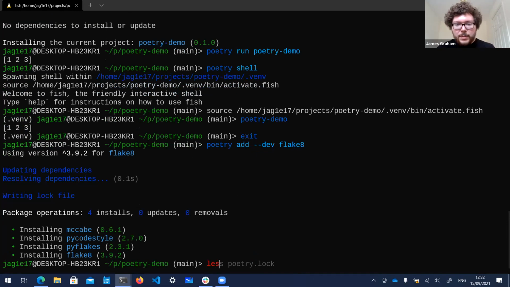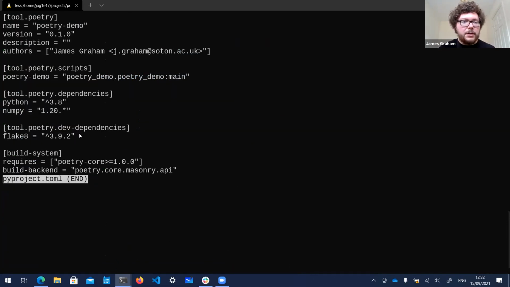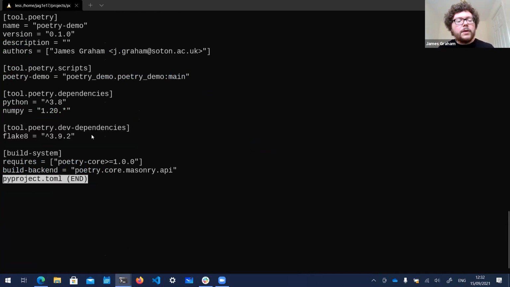It'll go and install all the dependencies, and that goes in an extra section in this here. So how this works is when you've packaged up your project and given it to someone else as a distributable, a wheel, or however you want to distribute it,